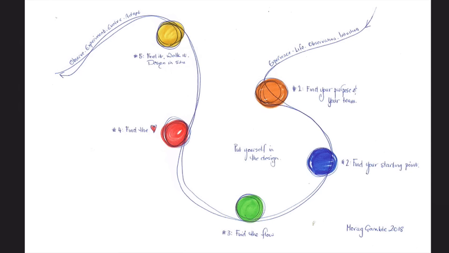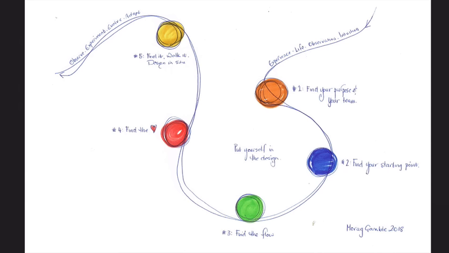Number 4 is about finding the heart of the design. And this is about how you can draw yourself into this space and really put yourself at the core of it. And number 5 is about how, after you've gone through this process and you've been doing lots of sketch designs and starting to get a concept, to actually go and design in situ, to feel it, to walk it, to map it. And then as we move on out from there, we continually evolve, experiment, and adapt our designs